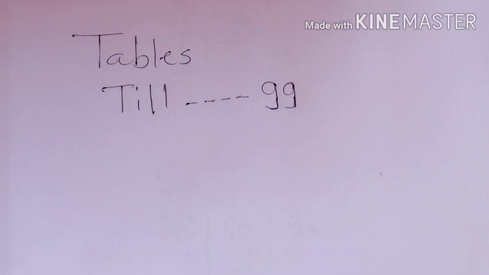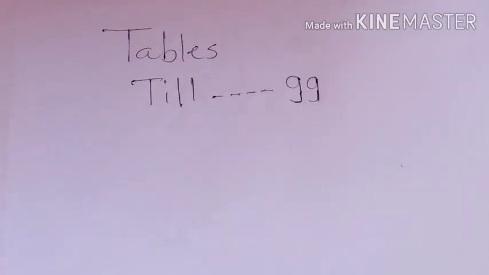Table is a very small part of maths. Even if you don't know, you should be smart enough to prepare your own tables. So I am going to show you how to prepare the tables without multiplication. Okay, so let's start. The basic requirement for preparing any table till 99 is you should know the tables till at least 9, and till 9 everyone knows the table, and that is a very easy task.